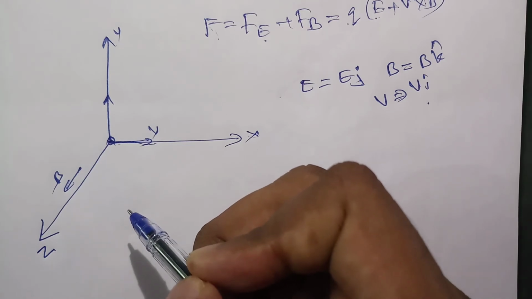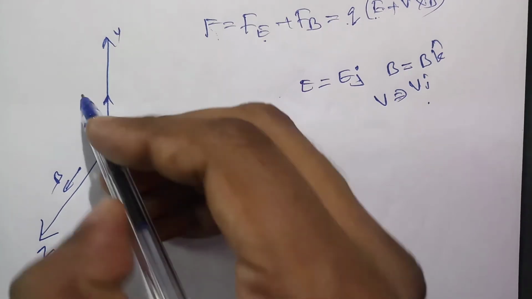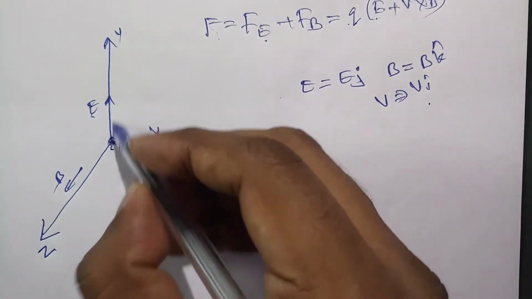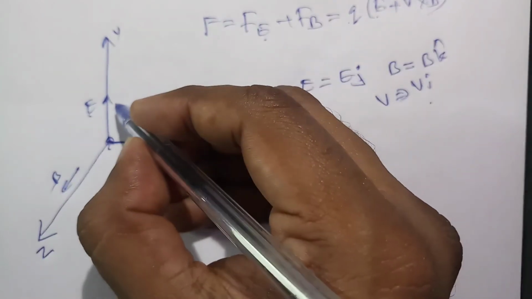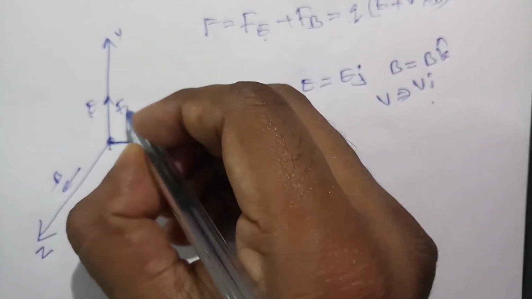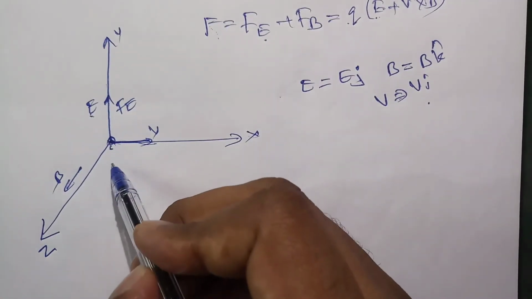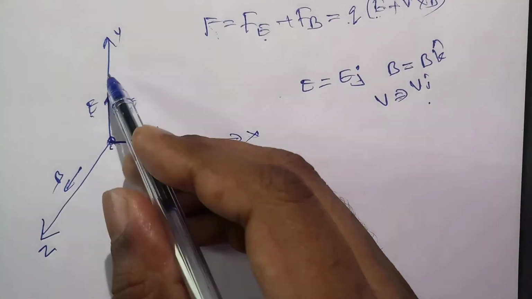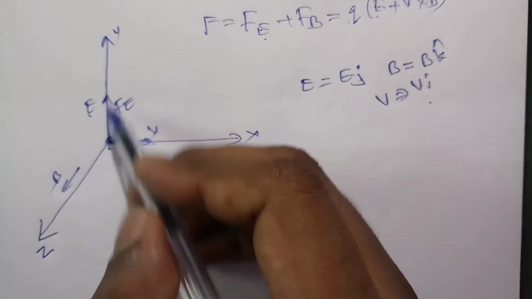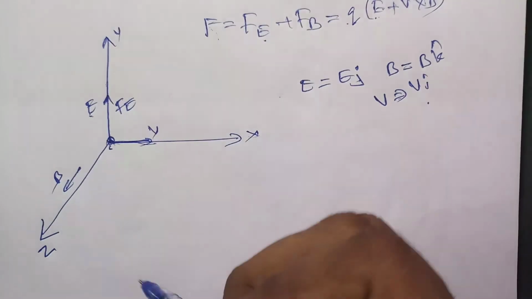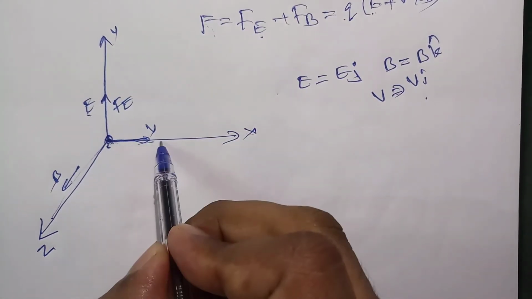Now you see here, when the charged particle is moving like this, if your electric field E is upward, then the force due to the electric field also will be upward. So we have Fe here. What is the meaning of Fe? Force due to electric field. There is a positive charge here. Our electric field is upward, so it will get pushed towards that field. Simple. So if it is a positive charge here, and the electric field also is in that direction, then it will get pushed there. Now our magnetic field is this way and our velocity is this way.